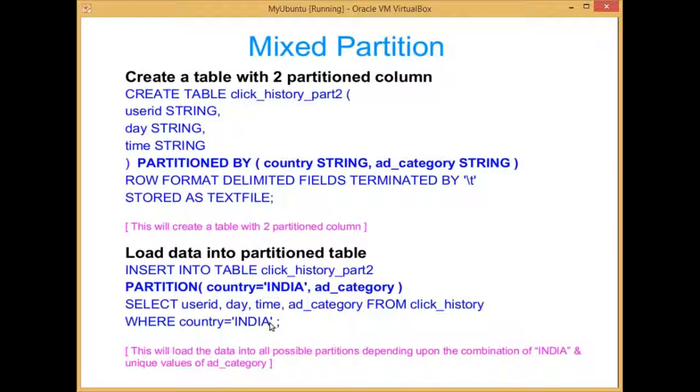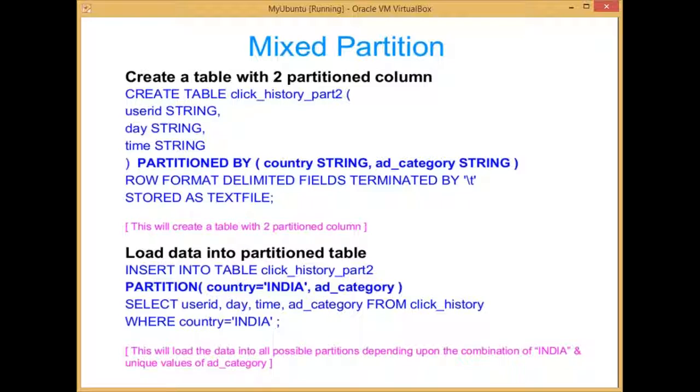So what it will do is load the data into all possible partitions depending upon the combination of India, that is fixed, and the unique values of add category. Or if you want to use dynamic for both, you can do that. In that case, simply type partition, country, comma, add category, select star from table without any where clause. What it will do is